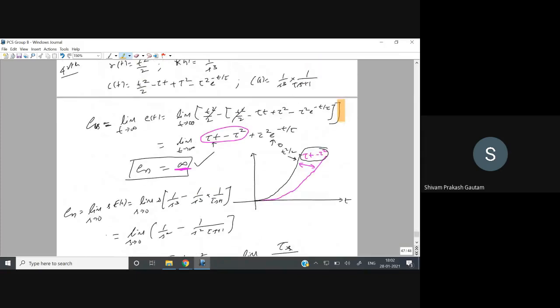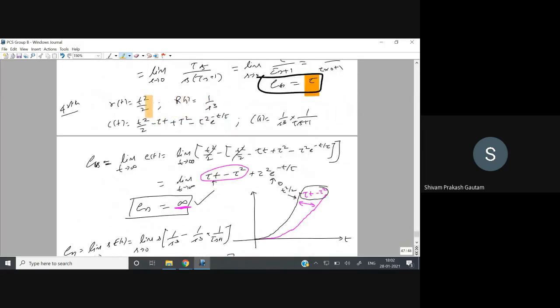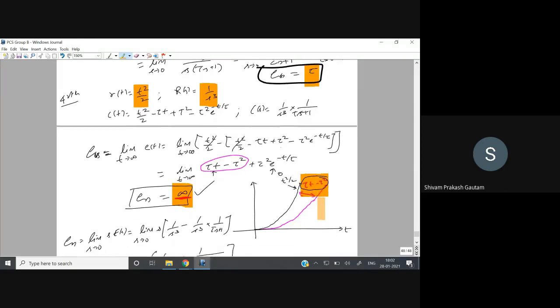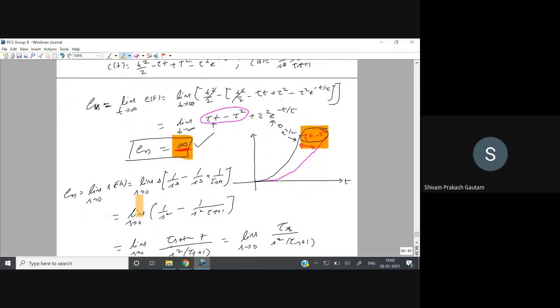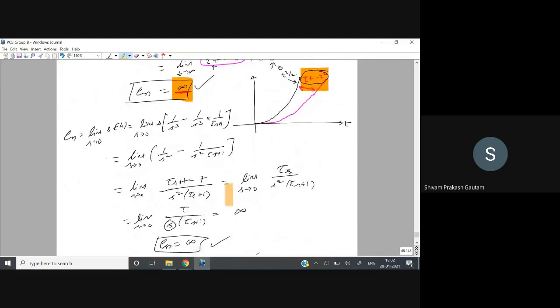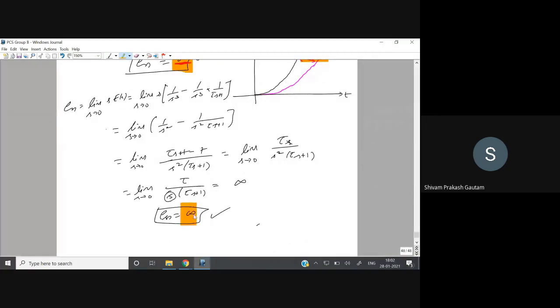Okay. Fourth case, we have considered the parabola. So this is the function for parabola in time domain, and this is its Laplace transform, that is 1 by s cube. This is the response, and this is C(s). Again, we have put the value. Now in this case, we are observing that steady state error is infinite, which we have also plotted. You can see it has a variable term, that is the t term is an extra term apart from tau. So when t tends to infinity, this will also be infinite. So we have also validated it by final value theorem, and by final value theorem we have got the steady state error to be infinite.